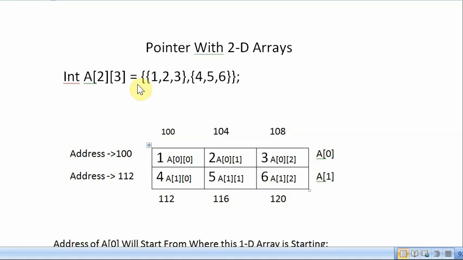So now look, in the two-dimensional array each row represents a single one-dimensional array. So we can say this is a one-dimensional array and this is also a one-dimensional array.